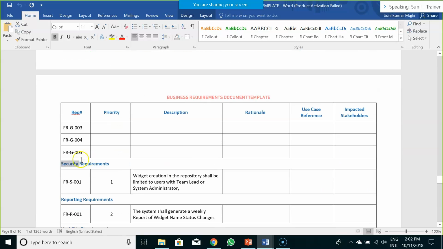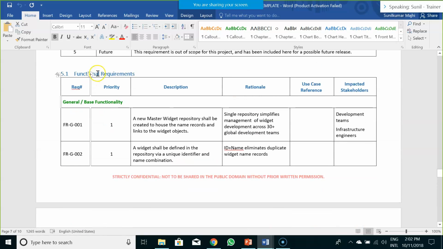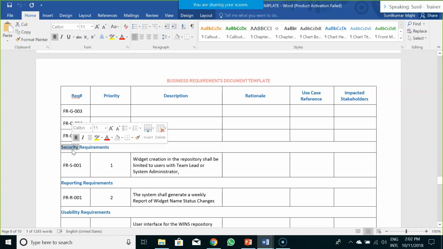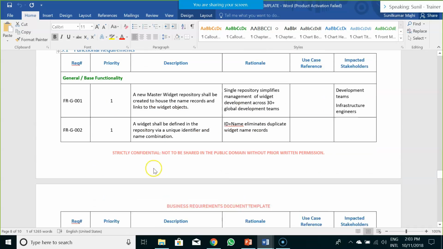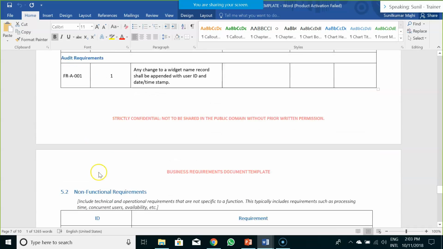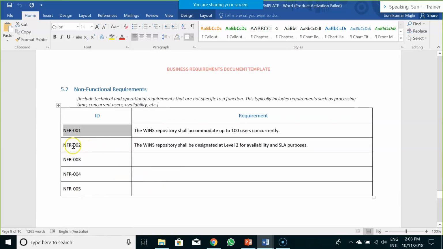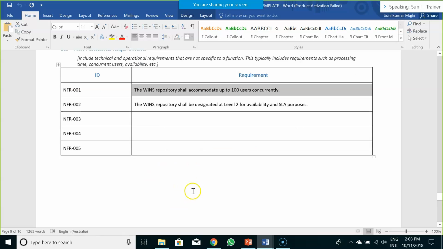In this case, these non-functional requirements are essentially part of your functional requirement. There are certain interlinked requirements which are non-functional in nature, but they are essentially part of your functional requirement. So you can write those requirements as well. Security essentially comes under non-functional requirement, but if it is a project which is more security intensive, then security requirements are treated as functional requirements. After that, we have a dedicated section for non-functional requirements wherein you have the same requirement ID format and write your non-functional requirements if there are any.